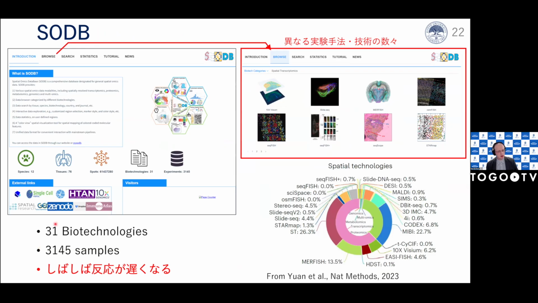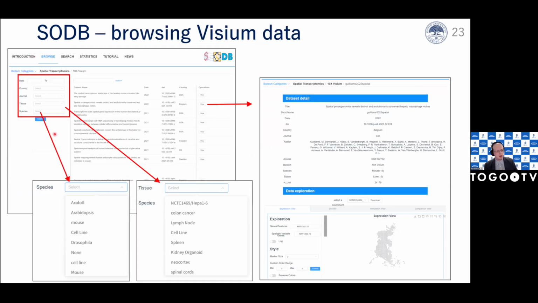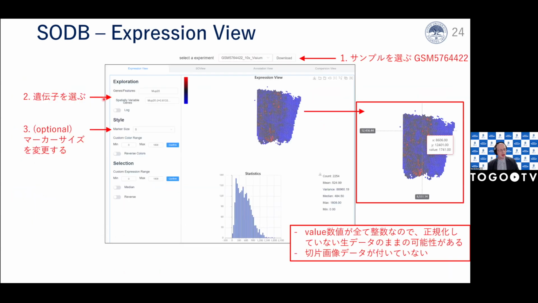This one also covers many samples and different technologies. Sometimes it's a little bit slow, but it includes transcriptomics data, this is from their paper, but also proteomics data. So that's really interesting. You can click here and see an overview of the technologies that they cover. You can also browse or use filters to select the species of interest or the tissue of interest and select a sample. You can see a summary of the sample, for example. And you can give as input a gene of interest, and then it will show the expression pattern of that gene within the